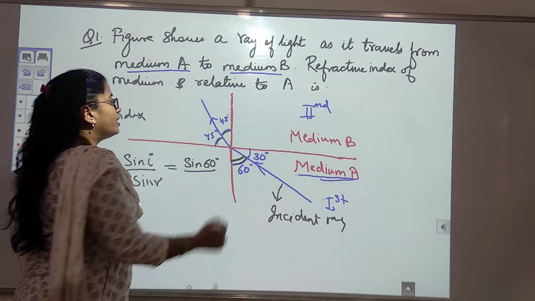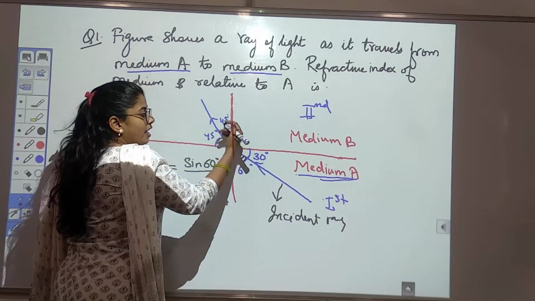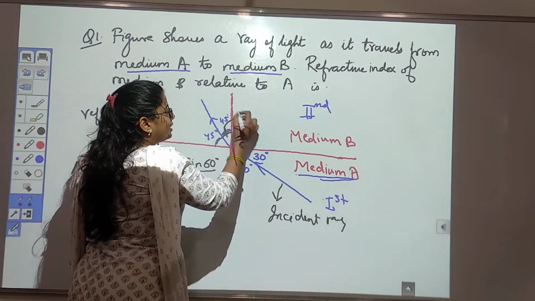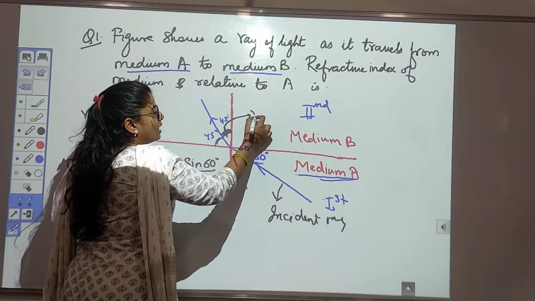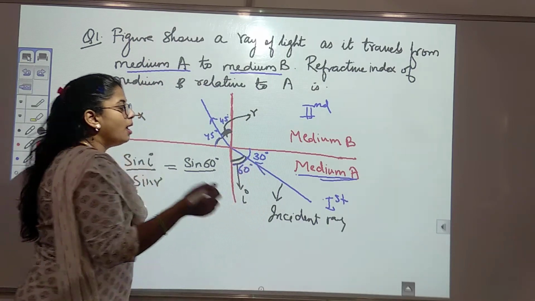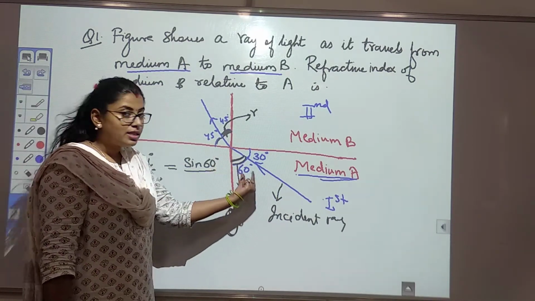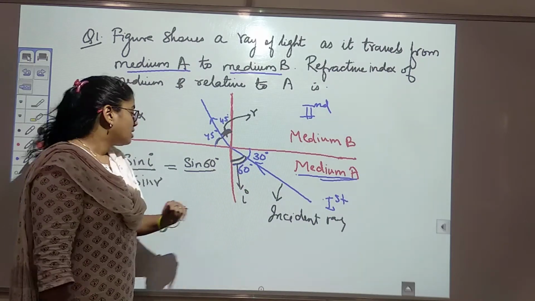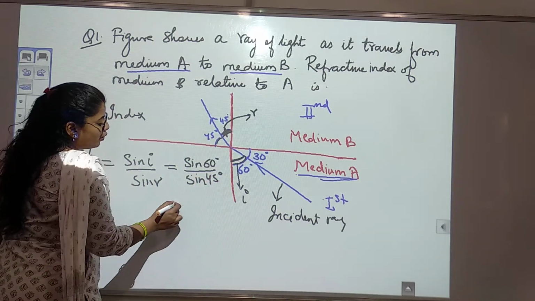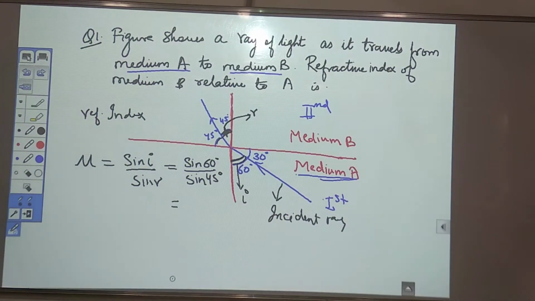Now you can see from the diagram which angle is the angle of refraction. This angle, because this is in medium B first of all. Second of all, this is the angle of refraction and it can be calculated by making the angle with the normal. So this angle is angle r, while this angle is angle i. Don't get confused that 30 degree is angle i, because you know that the angle made between the normal and the incident ray is known as angle i. Okay? So what will be the value of sin r? 45 degree. Now you know the values of sin i and sin r. Put the values and calculate the result.